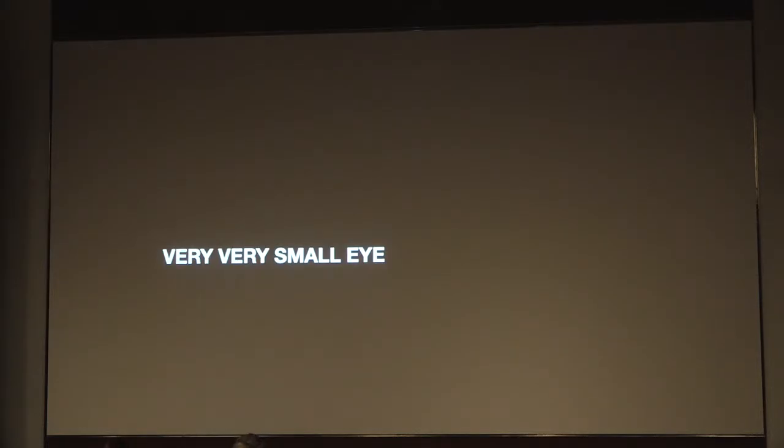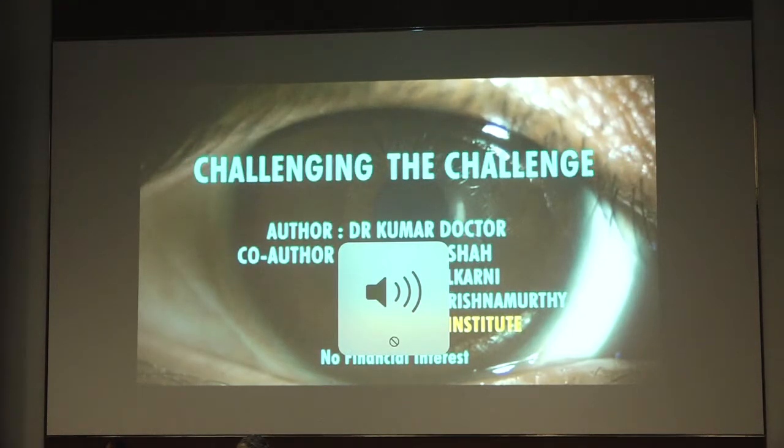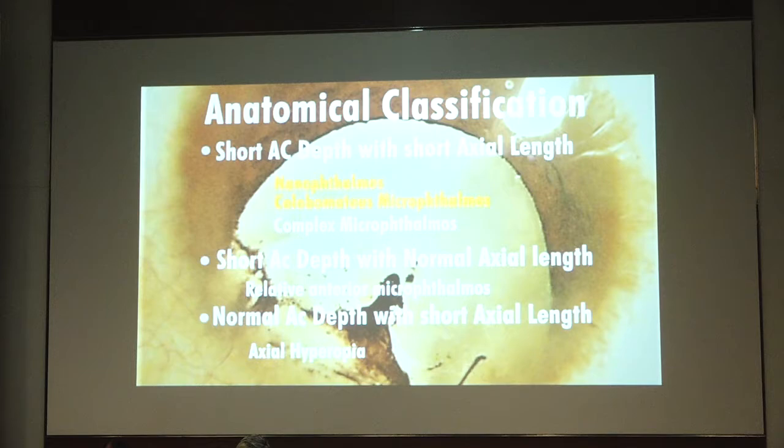Now, one case I'll show you, some of you may have never seen this. Small eyes can be classified according to anterior chamber depth and axial length. This video will demonstrate the challenges found in 2 cases, extremely short axial length and a small ACD, namely the non-ophthalmos and